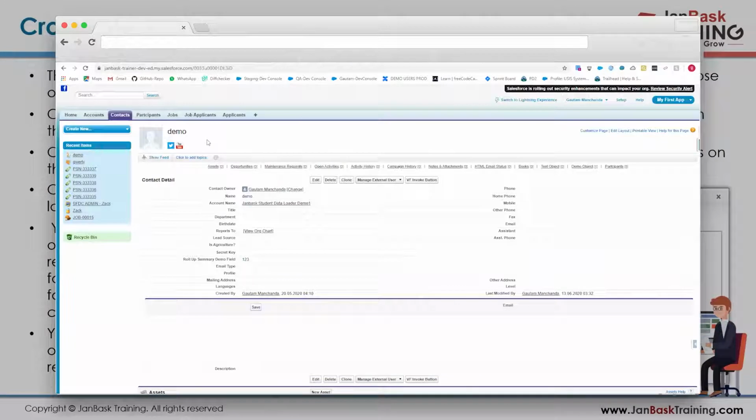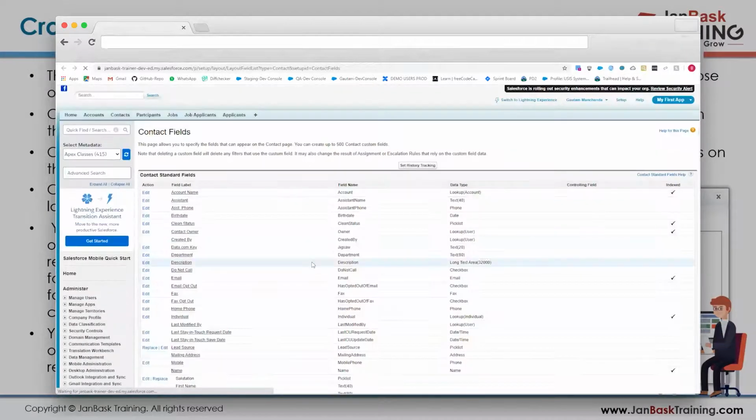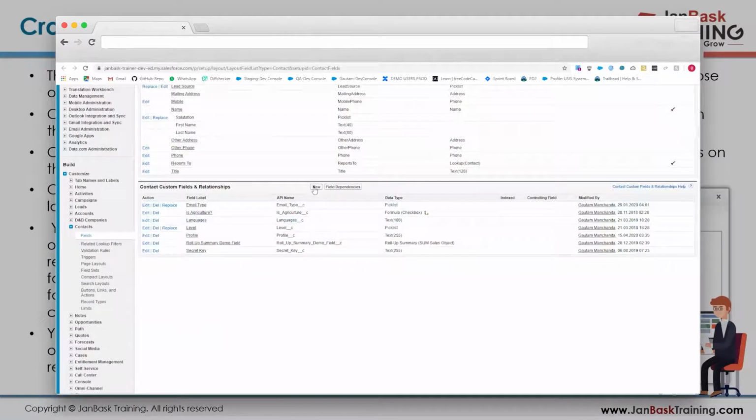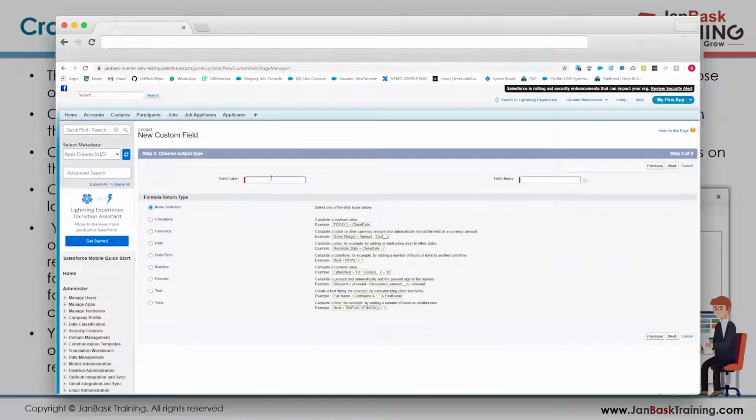We talked about a requirement wherein we simply get the account industry over here because we need it for some other references or purposes. So I'll go to the fields and create a new formula field. Go to the custom fields and relationships section and click on new. We have a value called formula over here. Just select that and click on next. The field label shall be something like account industry.